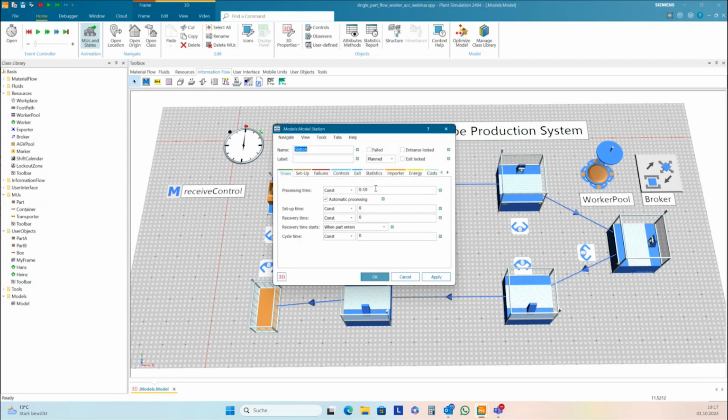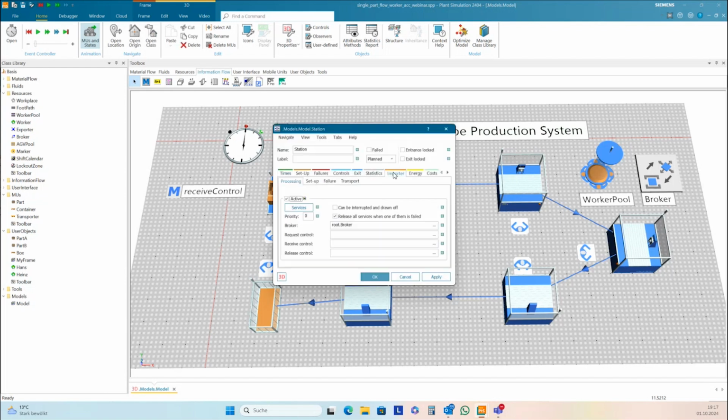And these are two different tasks here. I have processing active, and I have the transport to the next station. And I can use the request control to select another way to engage a worker. And so next we create a request control.